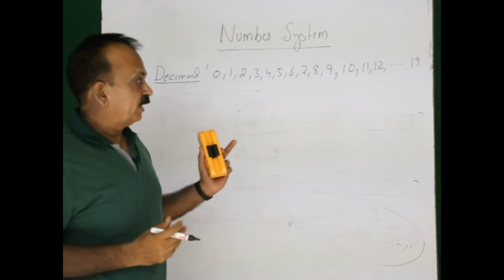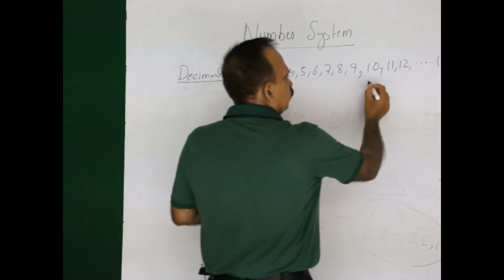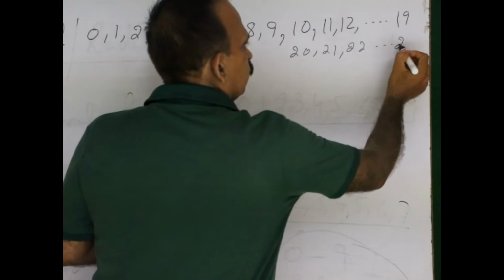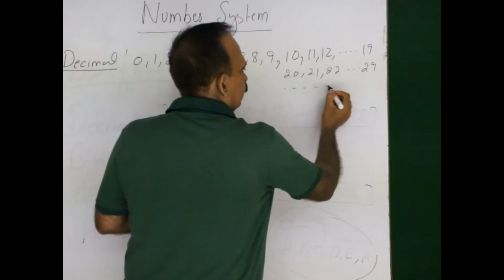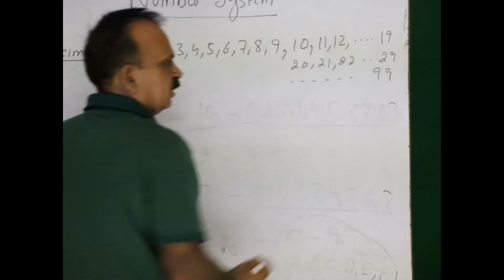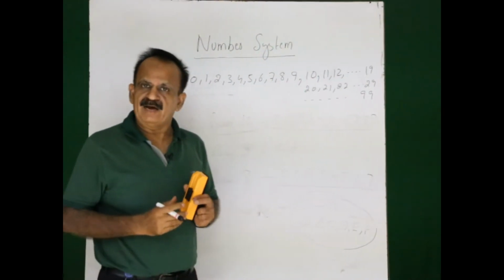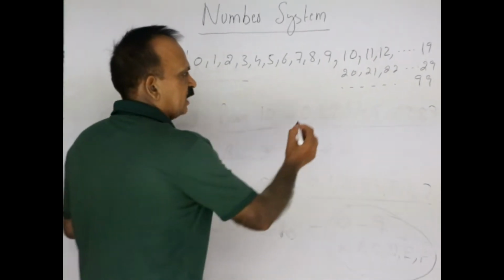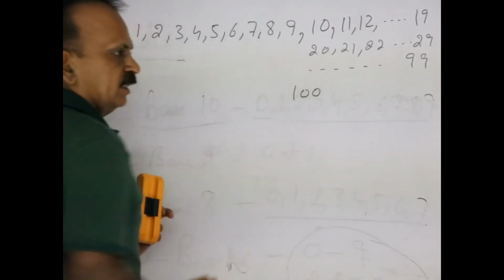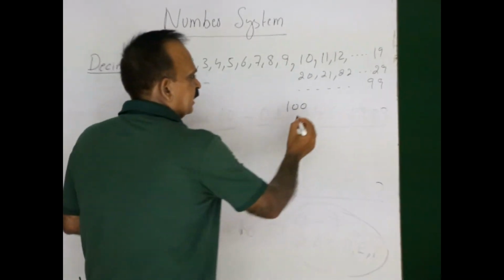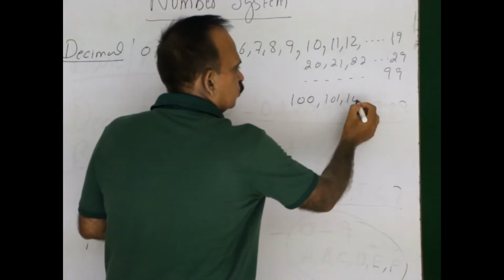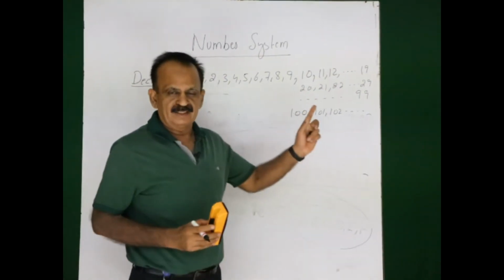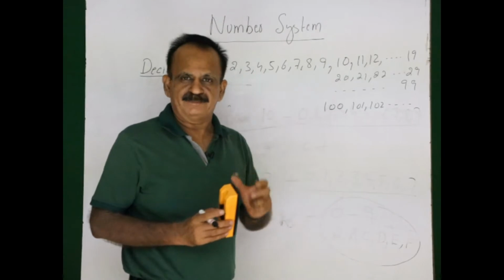All combinations with 1, and after that it will be 2 0, 2 1, 2 2, and so on up to 2 9, and so on we move up to 9 9. Now, what about the number after 9 9? The 2-digit combination is over now, and the combination starts 1 0 0, the combination of 3 digits, and that is 1 0 1, 1 0 2, and so on. We are quite familiar with this counting sequence because it starts from right class first.